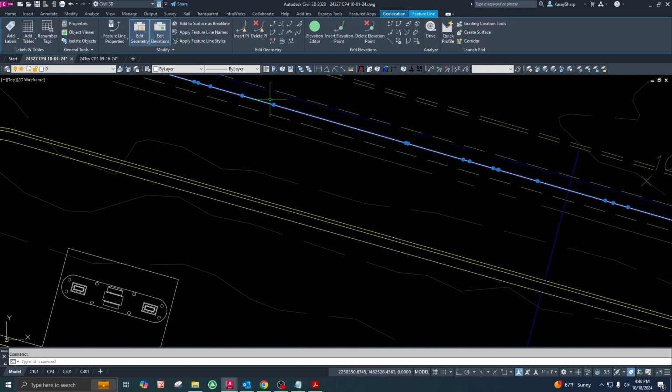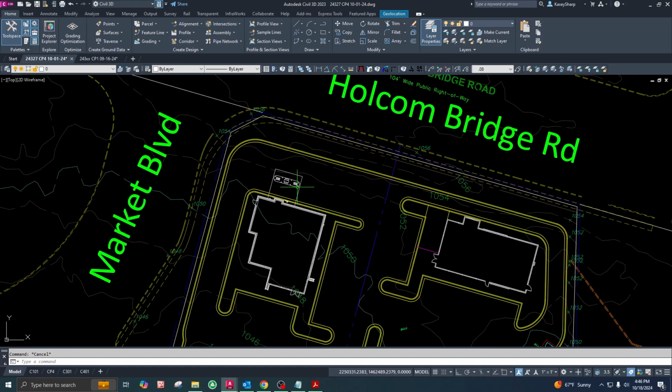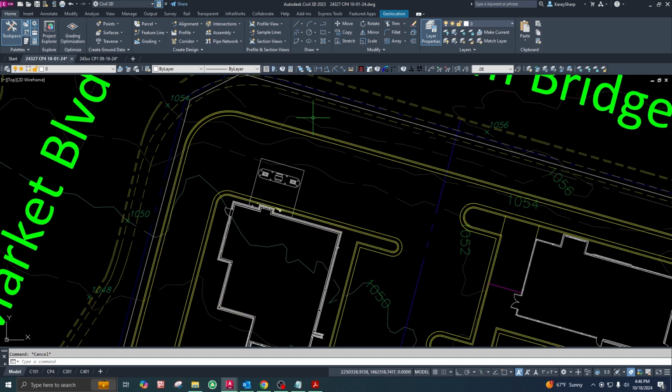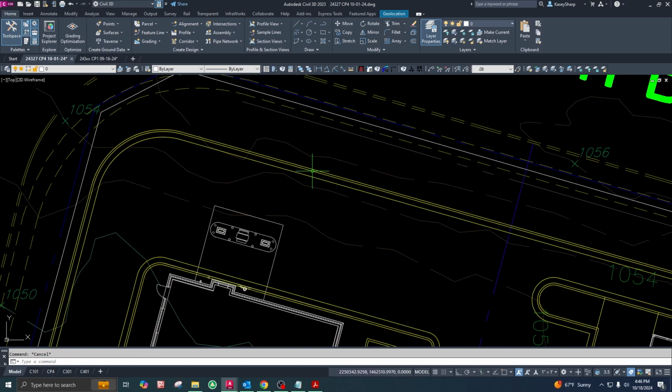So just thinking about this, we're at 1056 along this top edge. So this might be kind of a low point right in here between 1056 and whatever our elevation is. So we might set this guy at about 1054. So that gives us about 18 feet to drop to a 1053. So that'd be dropping 3 feet over 18 feet, which would be 15%, which is a little steep. That's a little steeper than we want. So maybe if we drop 2 feet so that we're at roughly